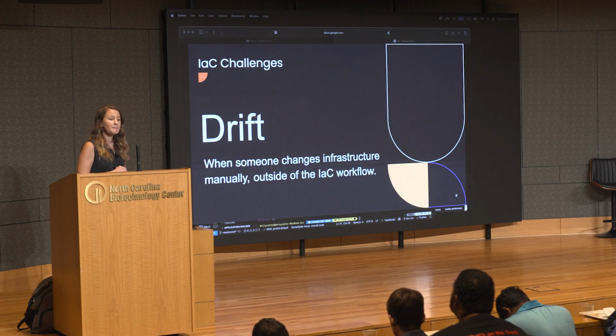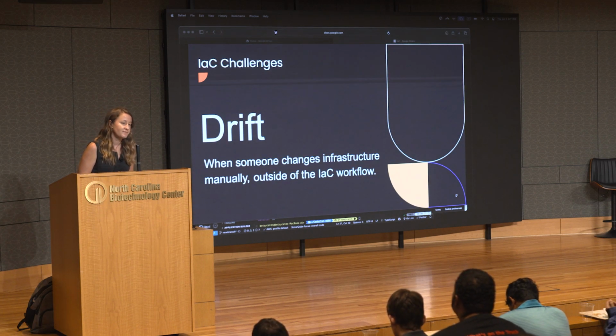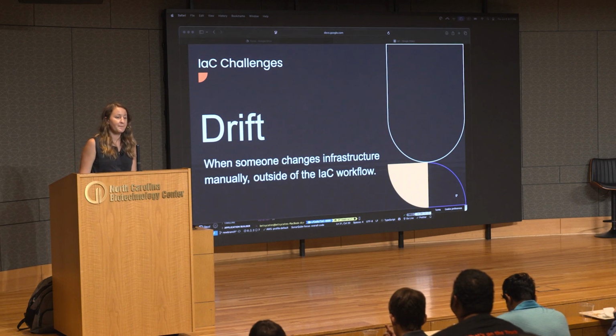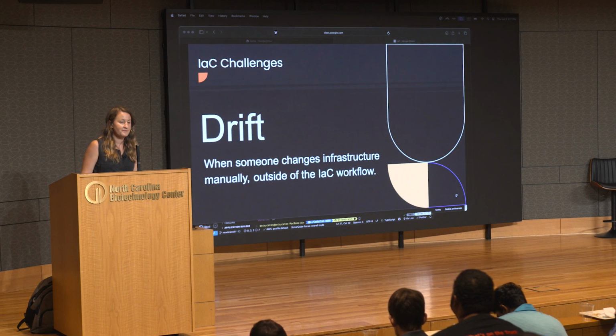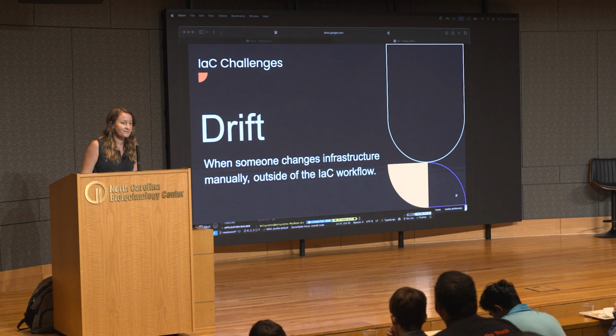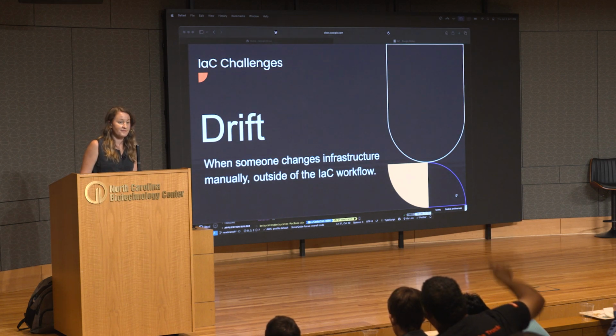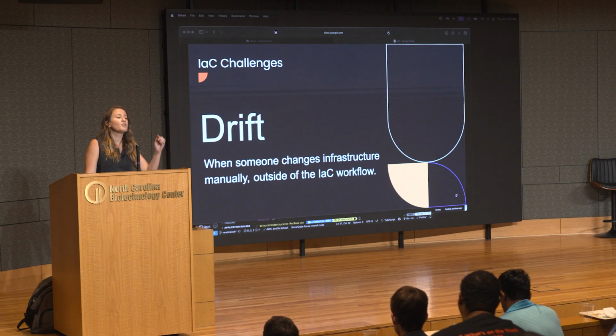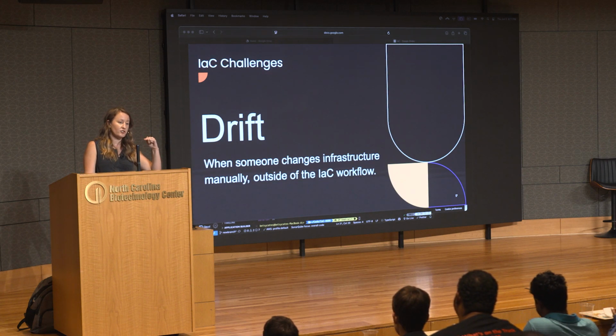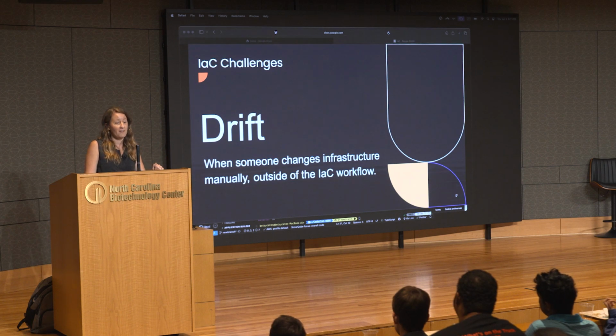So you said it wouldn't sync up with the IAC. Correct. They went in and manually changed it. The changes attempted to go into effect. When they tried to sync, IAC said no. But it's also like when you go look at your infrastructure as code, it's not going to match up with what you have in your console. So you're going to miss things. You know what I mean?